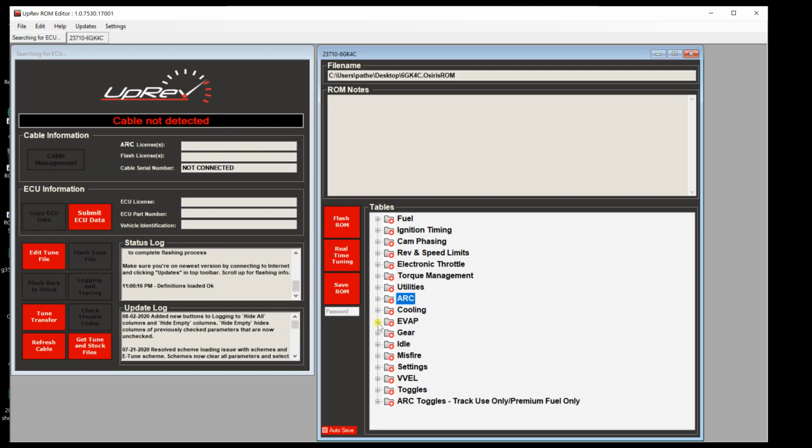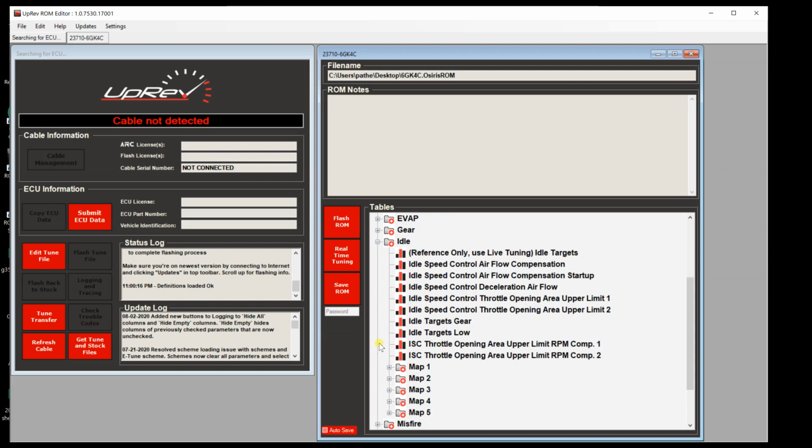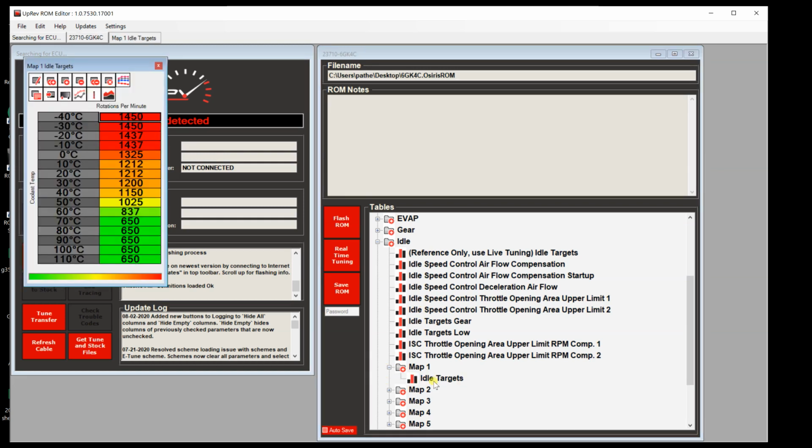then we have cooling, evap, gears, idle. It's like if you don't know how to tune or something, and you just buy the Uprev cable, which I'm gonna go into some explanation on the differences, you can just mess around with this. You'll probably feel really good that you, quote unquote, tuned your car, even though all you do is change the idle. So once the car is warmed up,